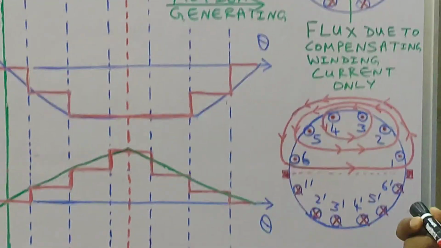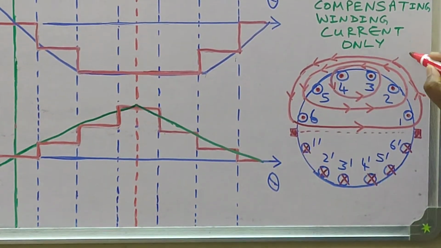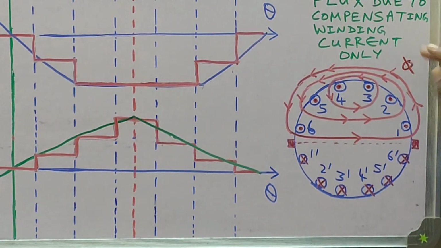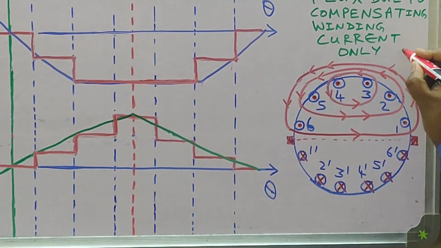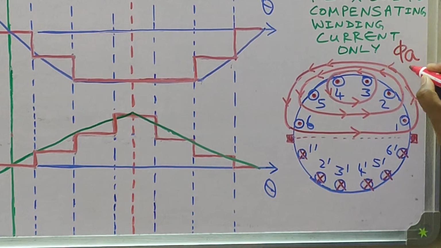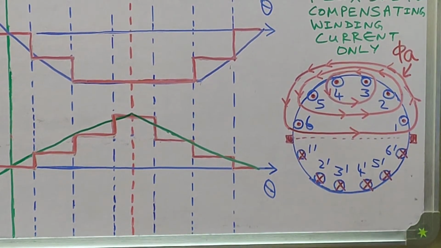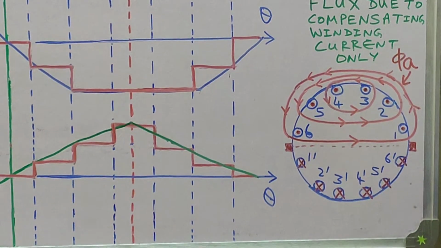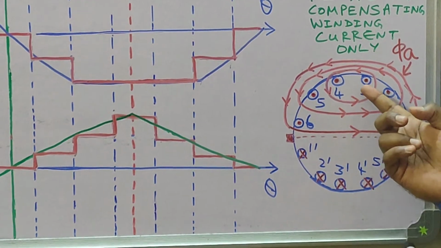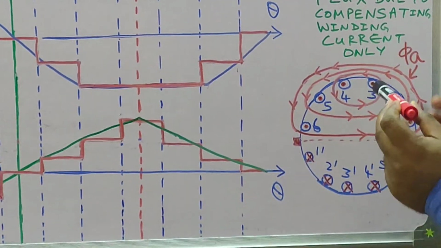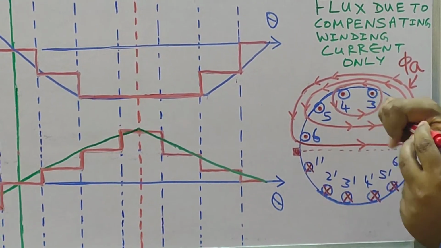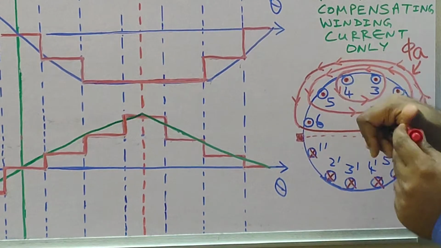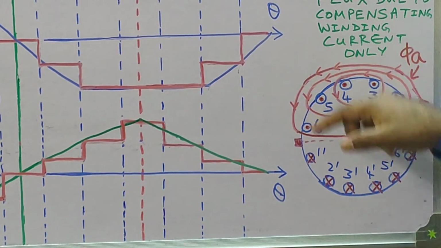So we may write this as phi A. Phi A is a standard notation for indicating the armature flux. So this is your phi A, the armature flux. You can again use that right hand rule. Current dot means it is leaving the board. So you grab the conductor with your right hand, thumb leaving the board. Now curl these four fingers of the right hand, you will find that it is in agreement with that.